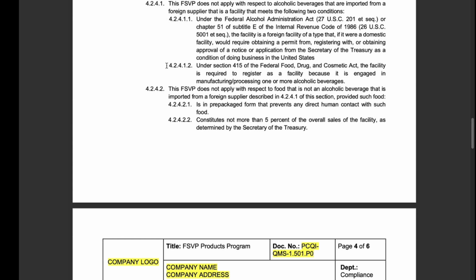Second, under Section 415 of the Federal Food, Drug, and Cosmetic Act, the facility is required to register as a facility because it is engaged in manufacturing or processing one or more alcoholic beverages. This FSVP does not apply with respect to food that is not an alcoholic beverage that is imported from a foreign supplier described in 4.2.4.1 of this section, provided that such food is in prepackaged form that prevents any direct human contact with such food, and constitutes not more than 5% of the overall sales of the facility as determined by